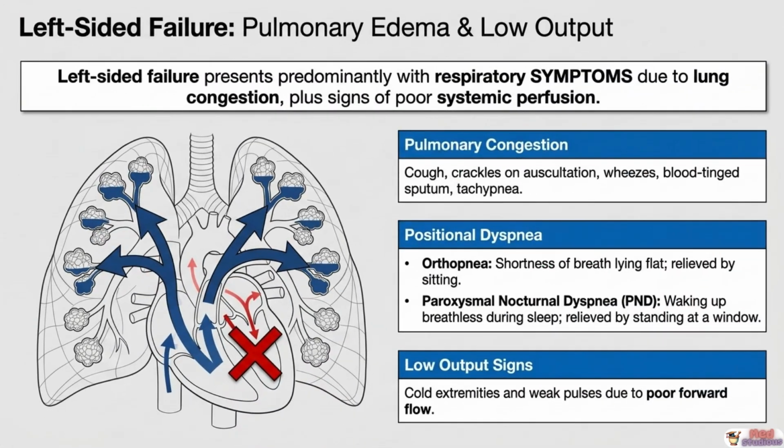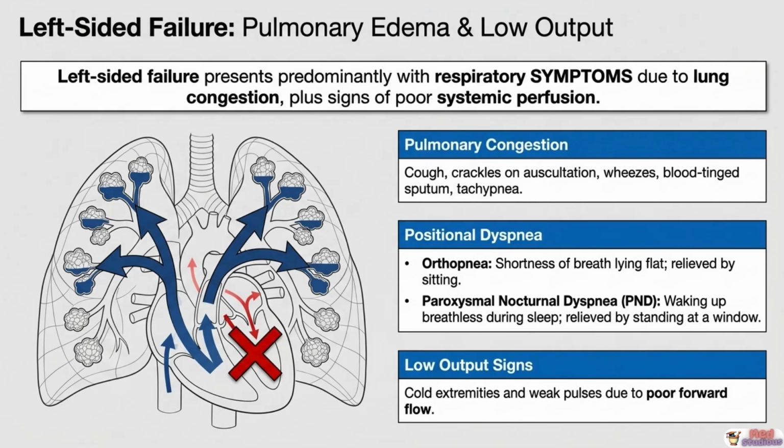Left-sided heart failure presents through two simultaneous and equally important pathophysiological consequences: backward pulmonary congestion and forward low cardiac output. Both must be recognized and addressed clinically. The pulmonary congestion syndrome results from retrograde backup of blood into the pulmonary vasculature. As pulmonary capillary wedge pressure exceeds approximately 18 millimeters of mercury, fluid transudates across the alveolo-capillary membrane into the alveolar